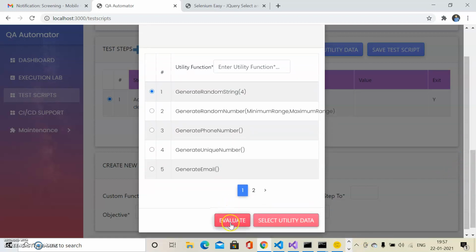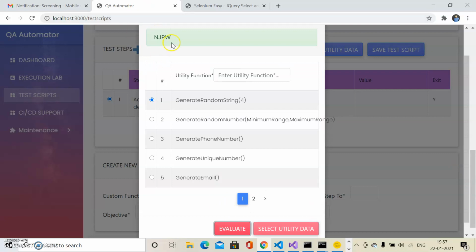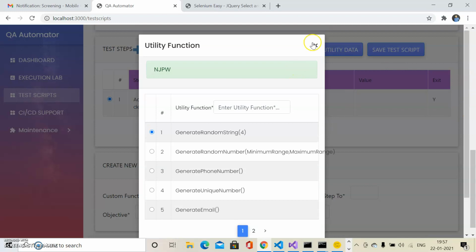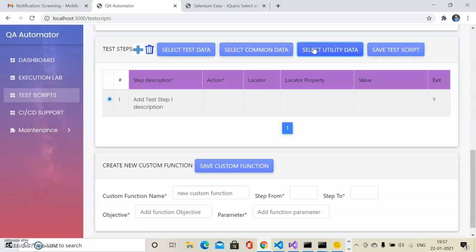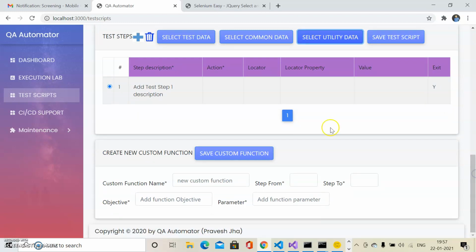Let me evaluate, and it will give you the random data. In future the utility functions will let you compare images, read PDF data, and support export or import functionality. Okay, so now coming to the actual test script generation.